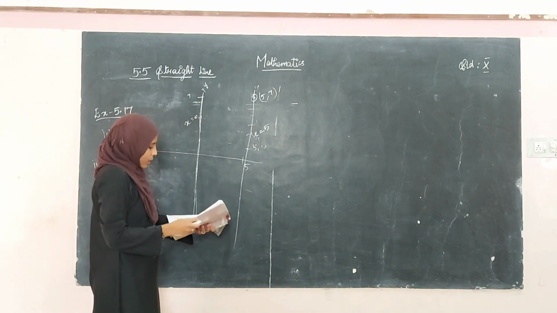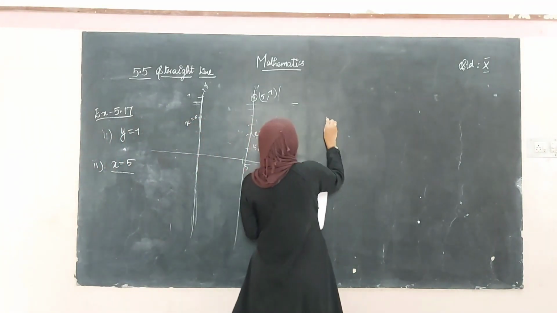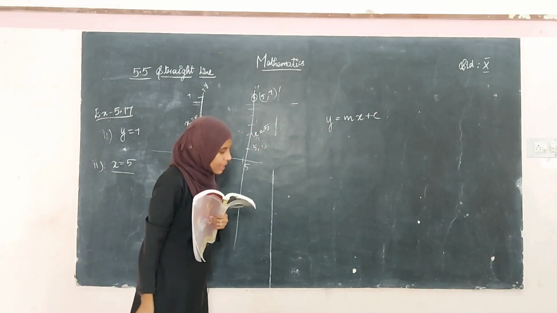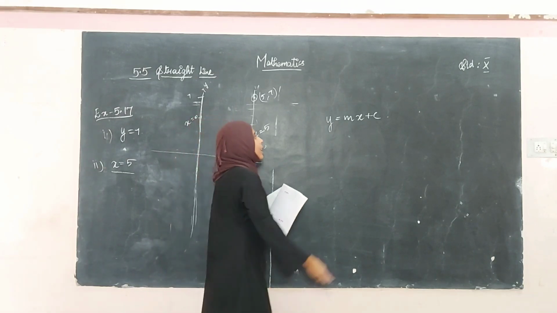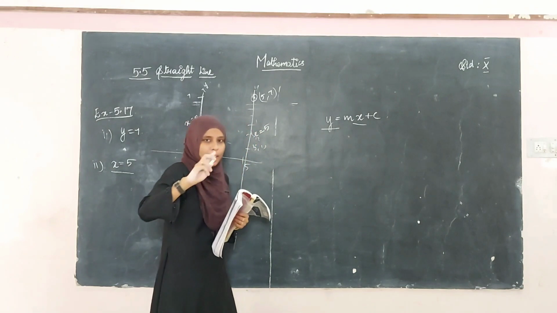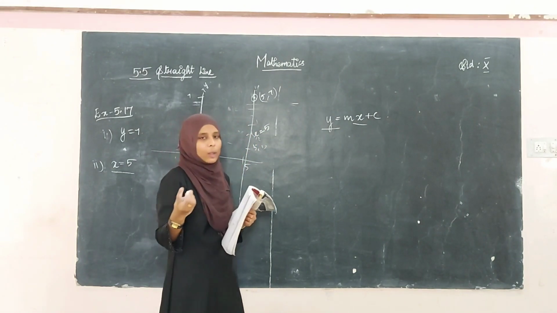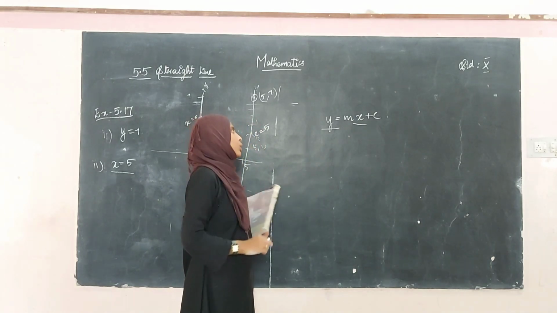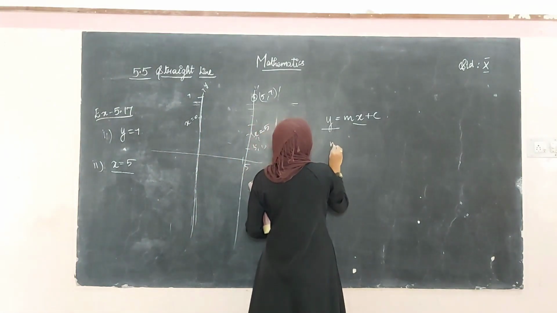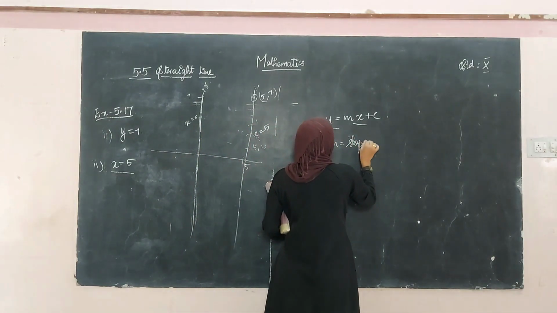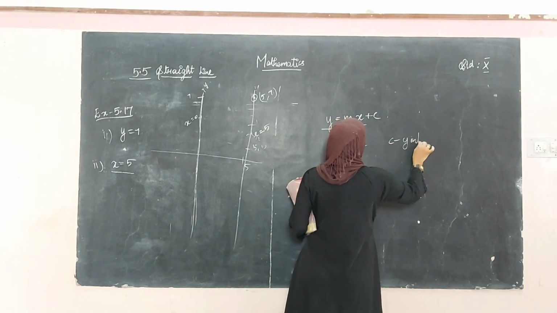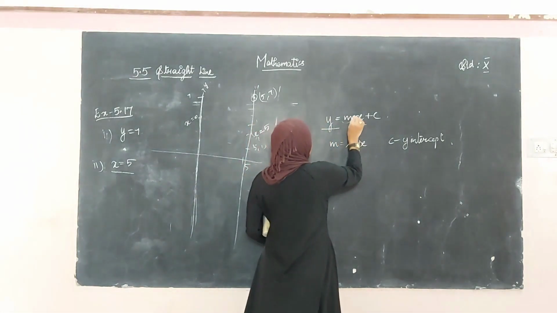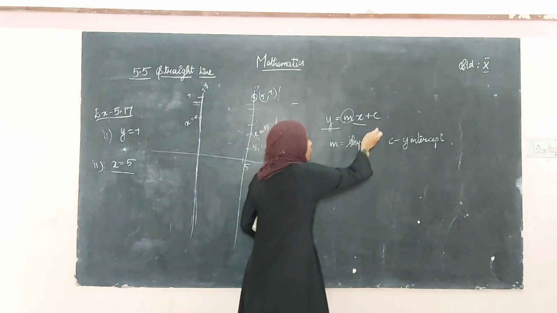Now see the next thing, slope intercept form. Slope intercept form is an equation in this format, the equation of a straight line. See this is the equation of straight line, right? Because x and y are there, two variables, and both the variables are of degree 1. Therefore this is the equation of a straight line. Why do we call this straight line equation slope intercept form? m is called as the slope and c is the y-intercept. So in this equation, y and x are variables, m is the slope of the line and c is the y-intercept.